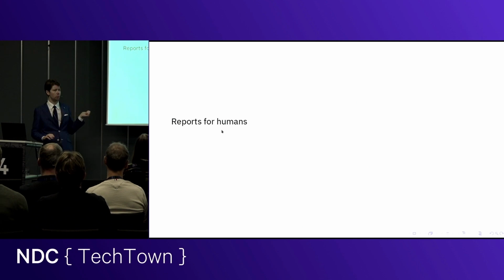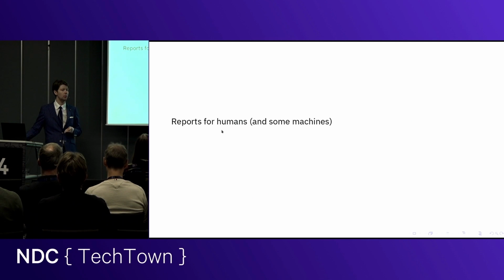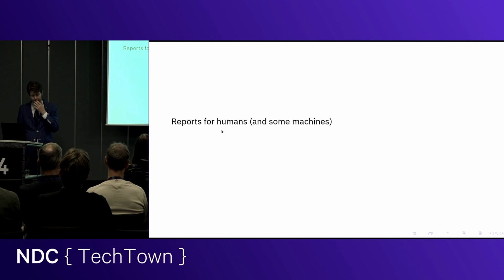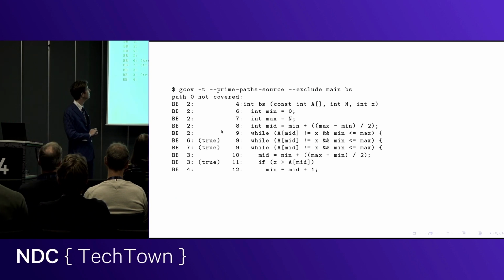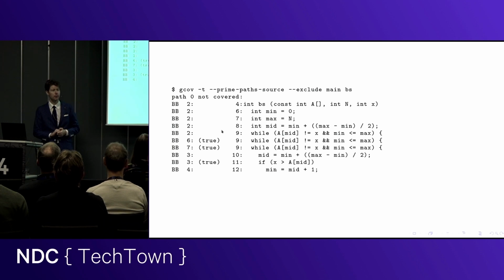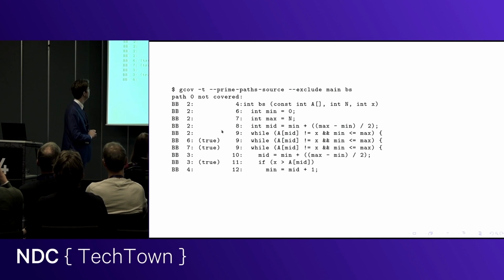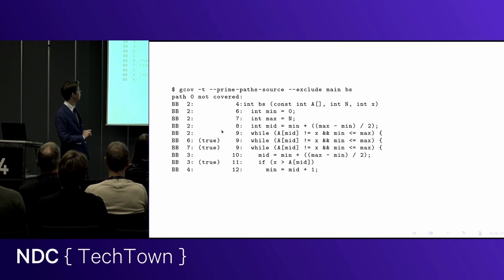Now, that report was pretty dense, and we want to report for humans and, you know, occasionally machines. So I thought of something that when I figured it out, it felt so obvious and inevitable that it has to be, which is this format here. If you give it prime path source, you will get a bunch of these paths that you haven't covered, and it will list you the lines that you have in the order you need to execute them in order to cover that path. So in this case, path 0, we need to cover a path from the start of the